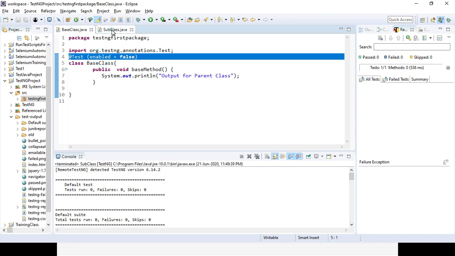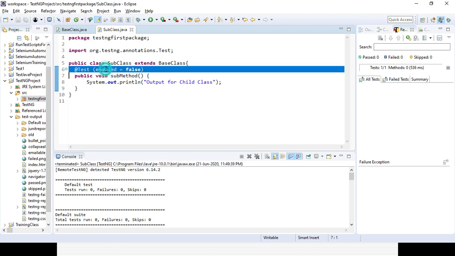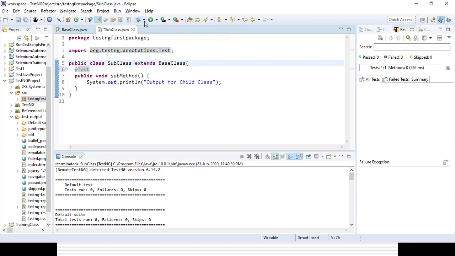Okay. And here if I remove that particular one, so only the base class method will be executed, right? But in case you are extending the subclass to the base class, obviously all the base class attributes will be executed at the subclass level. Okay.